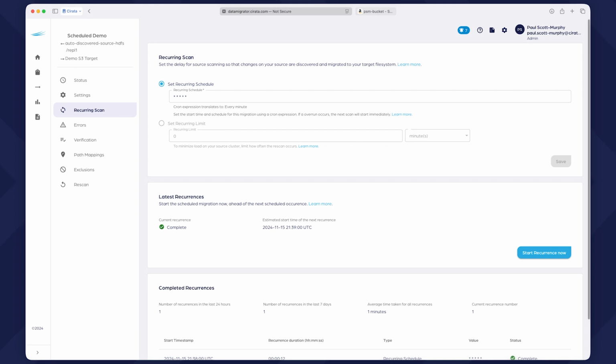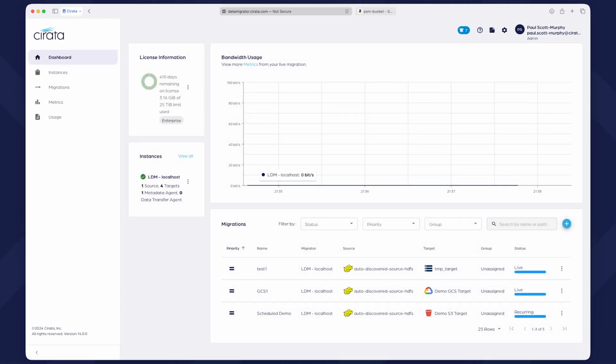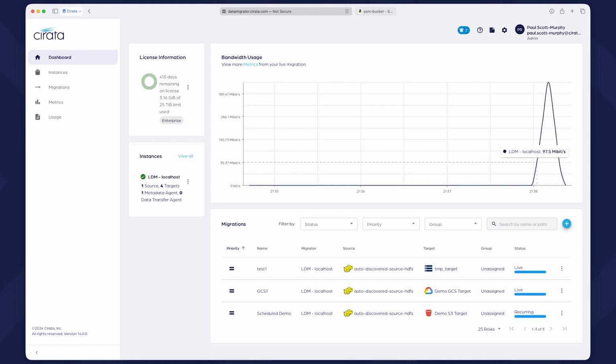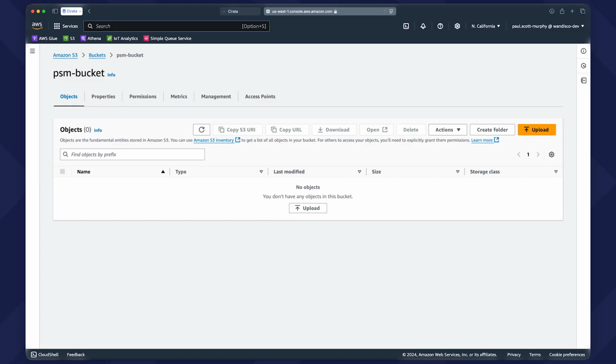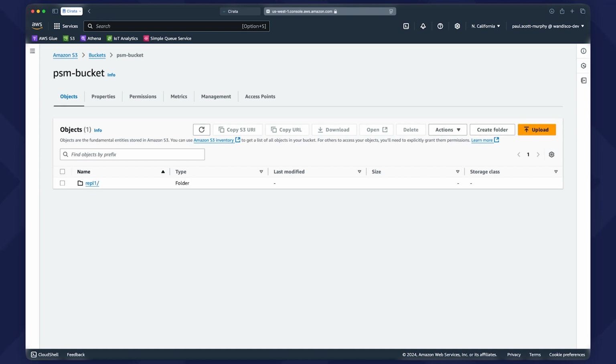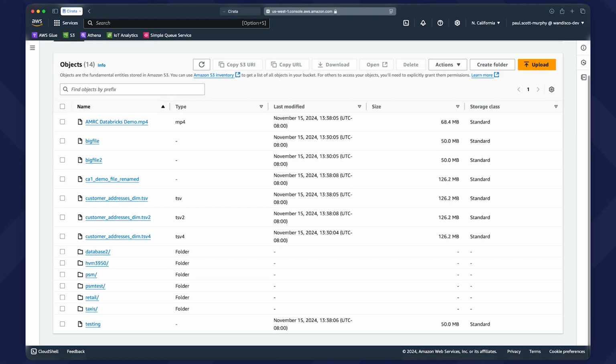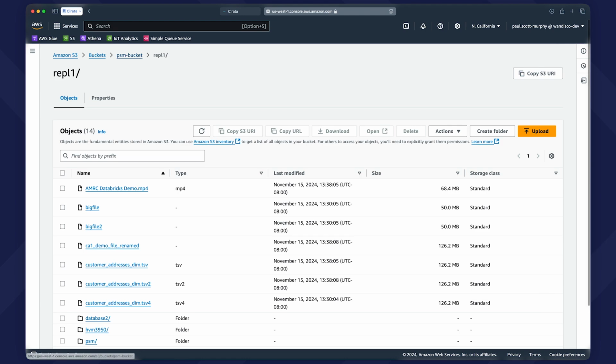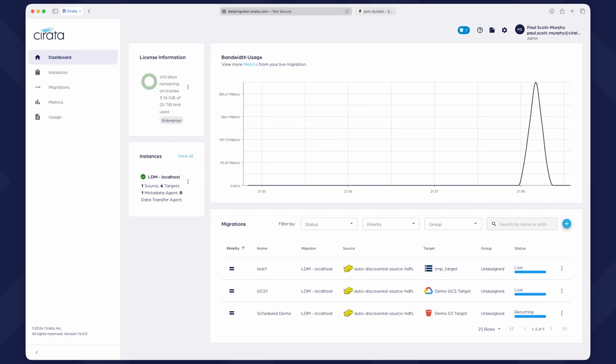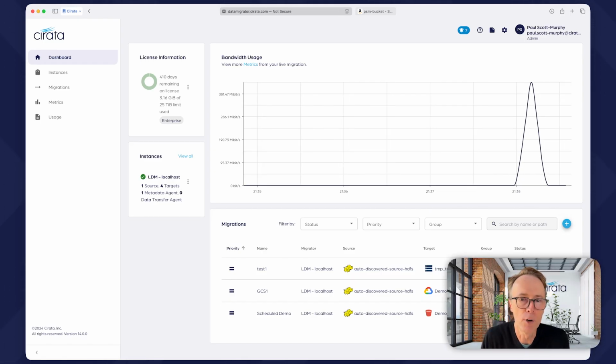So here, the migration's kicked off, it's completed, and we've transferred data to our target environment in Amazon S3. We can review the bandwidth graph and then see the bucket. If I refresh that now, we have the full contents of that REPL1 folder now present in my Amazon S3 bucket. So that is the new feature for recurring migrations in Data Migrator 3.0,